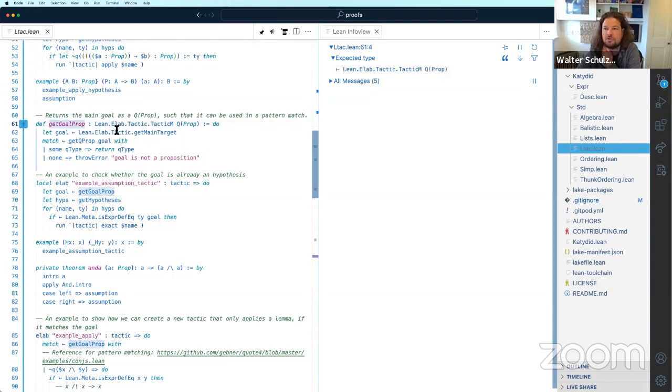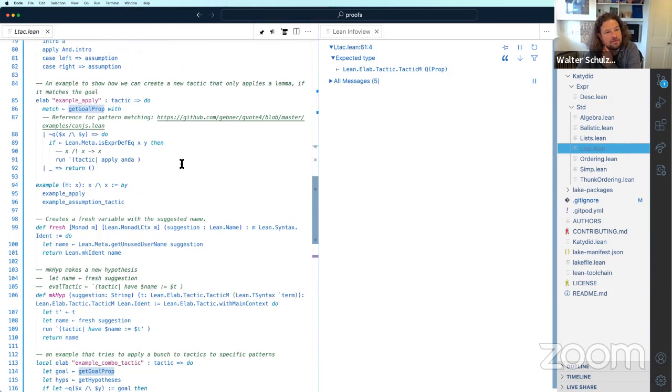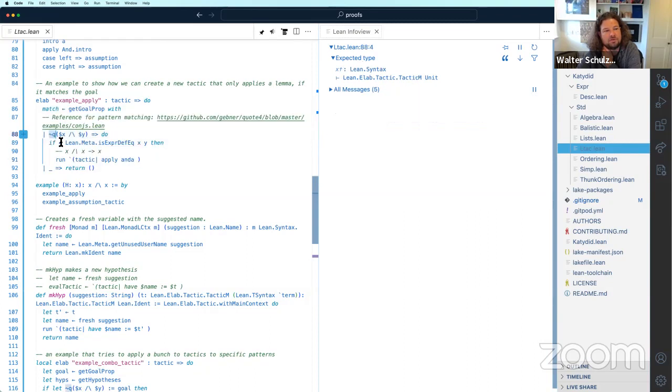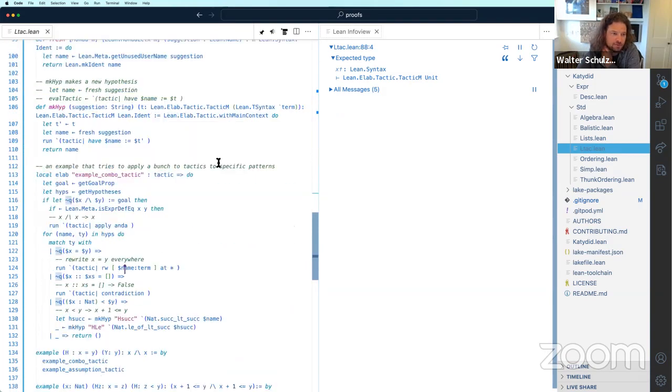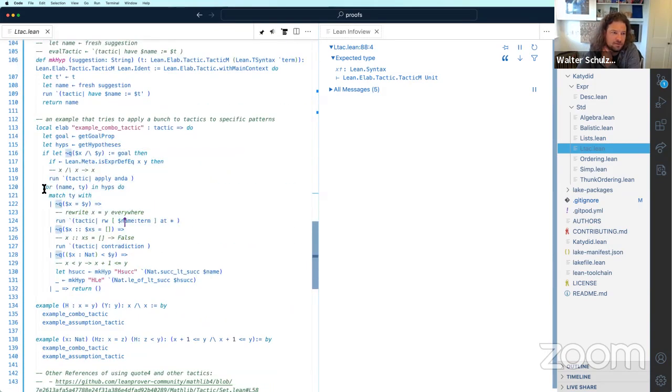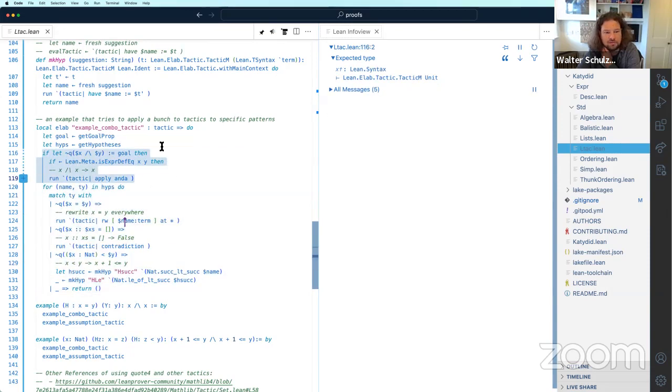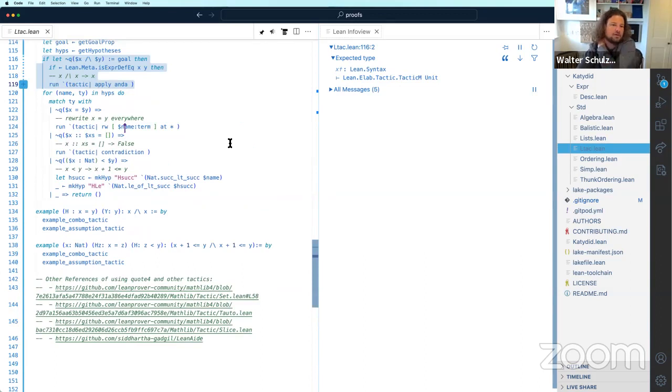It can give us the goal, and we can apply tactics, and we can use the quote4 library to match patterns, match properties in our hypotheses. Here's one where we match it in our hypotheses, and here's one where we match it in our goal. So there are lots of examples in this file that you can look up in the KTDIT repo under std Ltac.